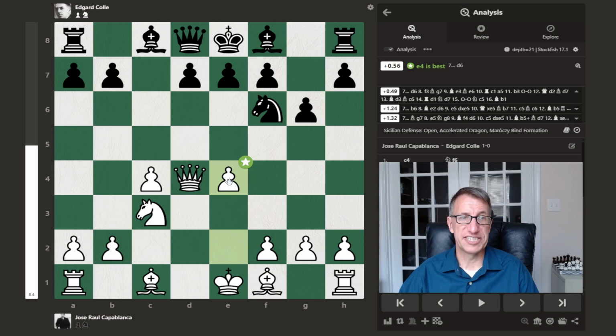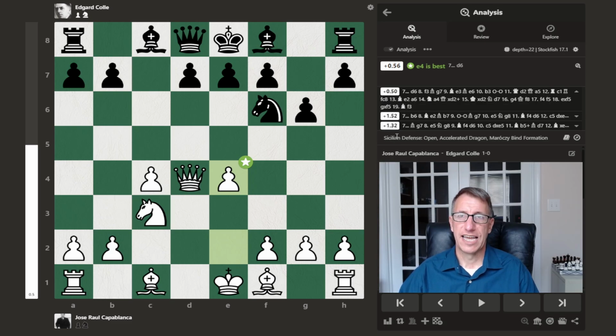Now we finally have this e4 move, and as you see, the computer lets us know that now we're in the open Sicilian defense, accelerated dragon variation with a Maroczy bind formation. Now, I know that was a mouthful for the beginners out there. The Maroczy bind is when you play a Sicilian defense, which begins, as I mentioned, with pawn to e4 by white, pawn to c5 by black, and after some exchanges, usually the c pawn for the d pawn, you get